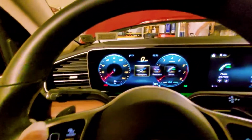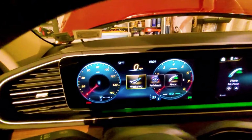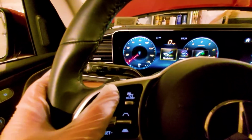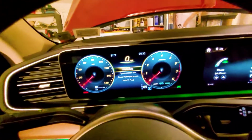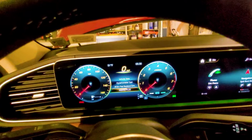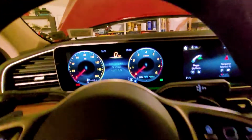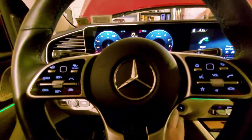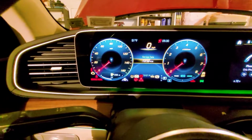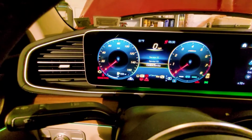then you scroll and you see a new menu option pops up that usually doesn't show up, this workshop button. Okay, and then you select it by pressing the button, go down to Assist Plus, switch on ignition. Now you're going to hit it again. Alright, now this full service menu pops up. You press that and then you say confirm service,